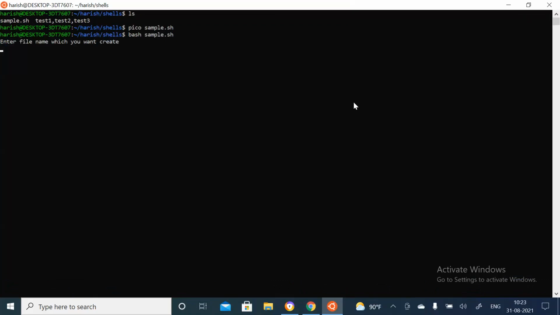you can see here it is accepting enter file name which you want to create. Suppose I want to create that file, suppose VHAN. Okay, this is a file name which I want to create. So this has been created, and if I list this out, you can see here this VHAN file has been created over here. It works like pico or touch. So we have just created that file with the shell script. Getting my point?